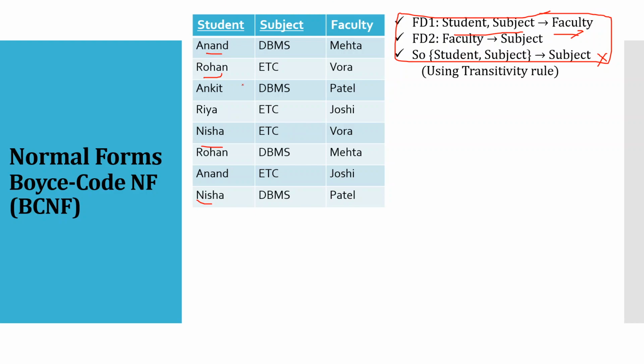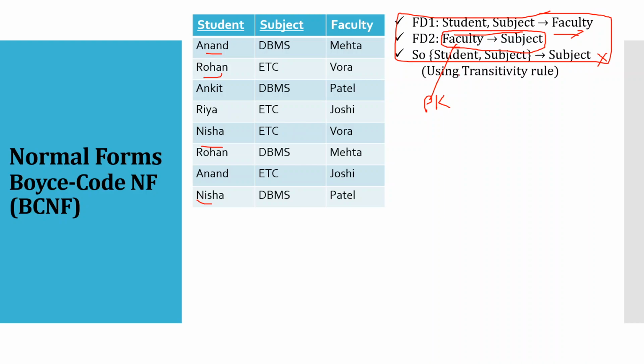No, right? Because here there is no primary key underlined. So we can say that only student and subject are the primary key. So in this particular part, faculty determines subject, where faculty is a determinant, but it is not a primary key. So this table is not in BCNF. Though it will be in a lower normal form, it is not in BCNF, right?